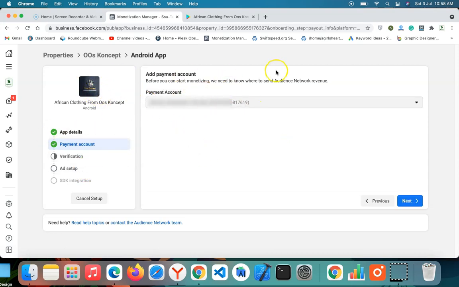So it's going to ask you to set up a payment account. Be informed that to use the Facebook Audience Network, you need a Facebook account. So the payment account that is set up on your Facebook will definitely appear here. If you do not have one, you'll be prompted to configure one. Then you click on next,